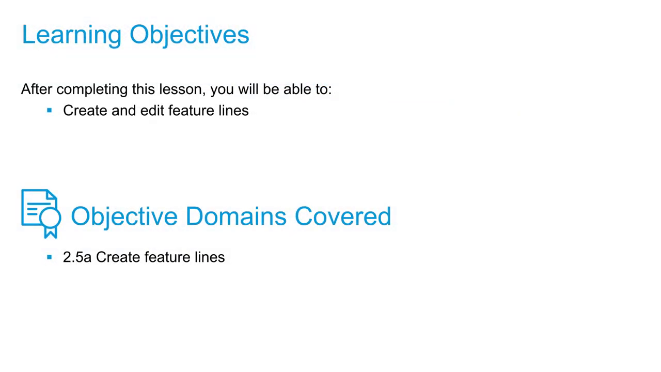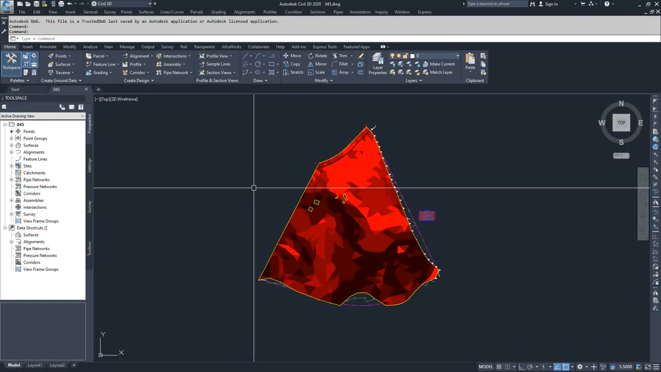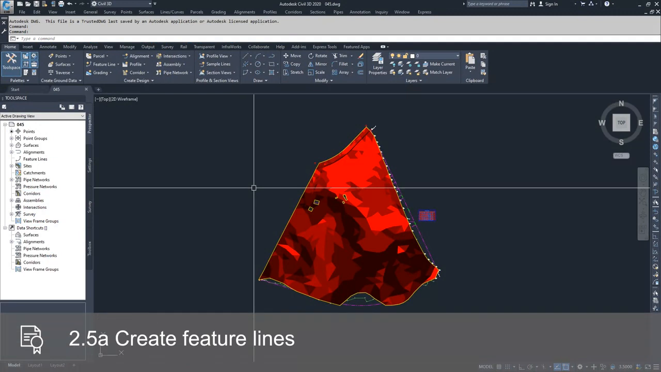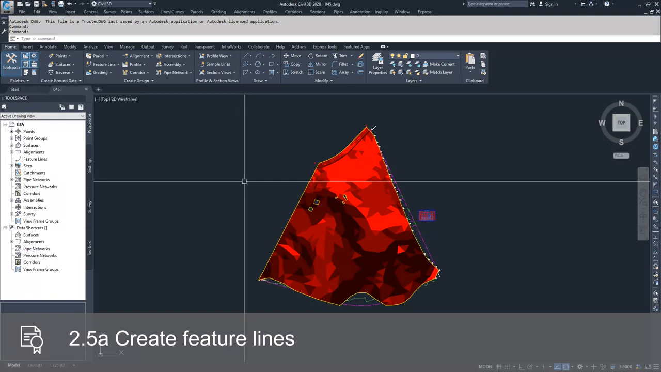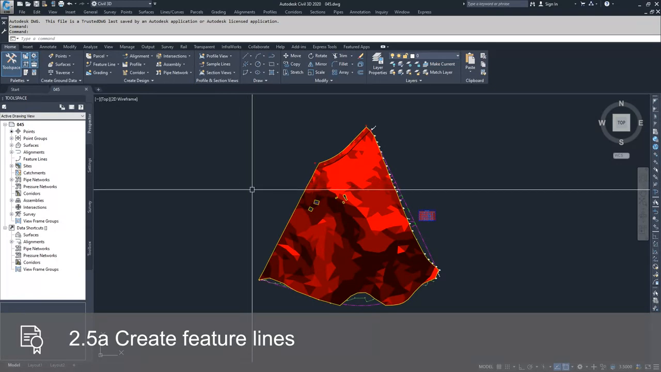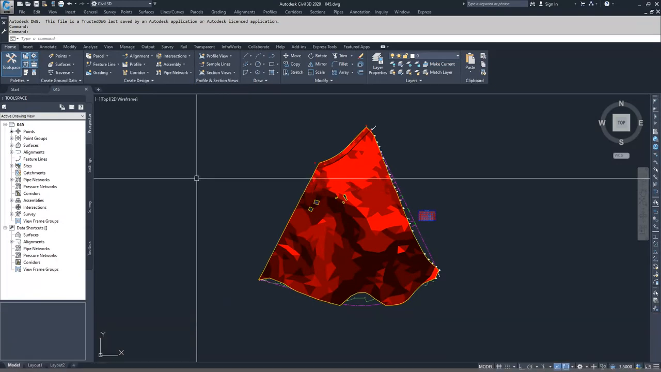In this video, we're going to kick off our discussion of creating and editing feature lines. In doing so, we're going to first create two feature lines in this video. In order to create these feature lines, we're going to get our surface displaying the way it needs to be displayed to work with it, looking at contours rather than this